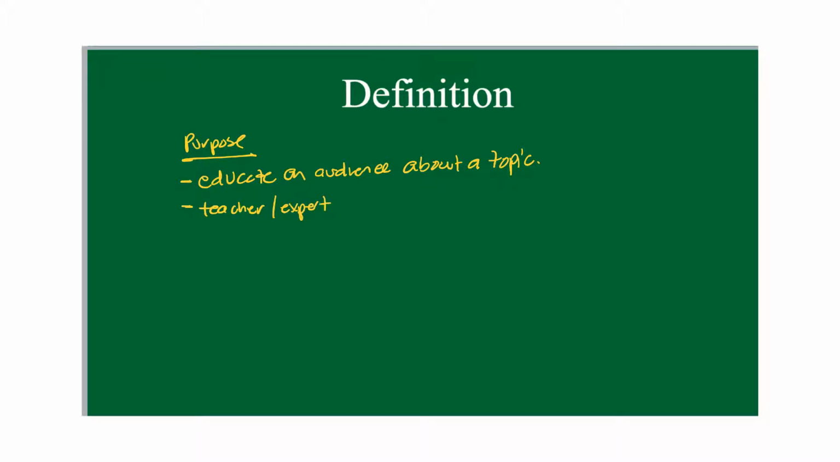For definitions, informative speaking is basically for the purpose, so let's write this out here. Informative speaking, the goal is to educate an audience, okay? You're educating an audience about a topic. Now, when you're educating the audience, you're serving the role of a teacher. So think of yourself as a teacher or expert when you're the speaker. Your job is to show us something or to teach us something new, or to give us some kind of